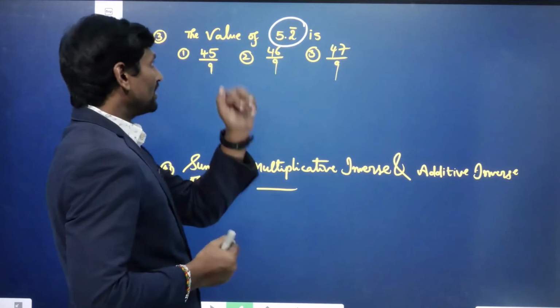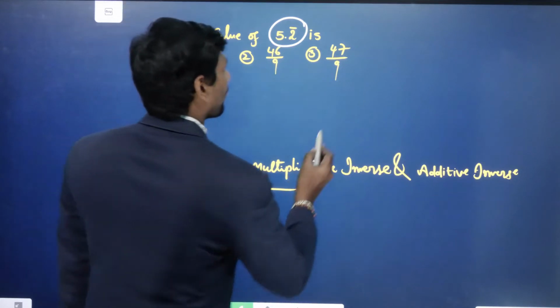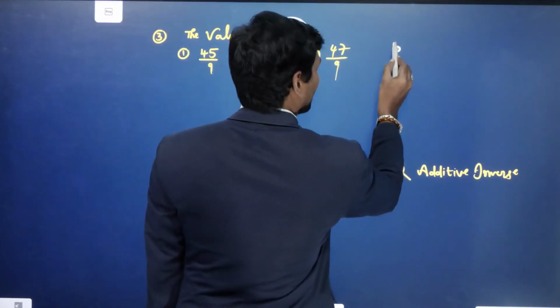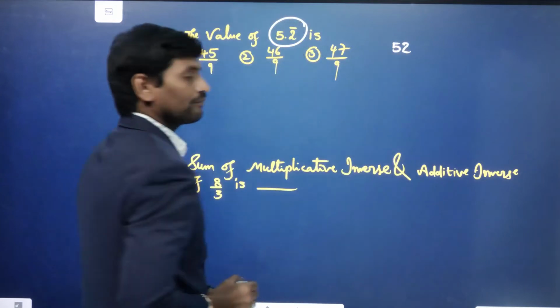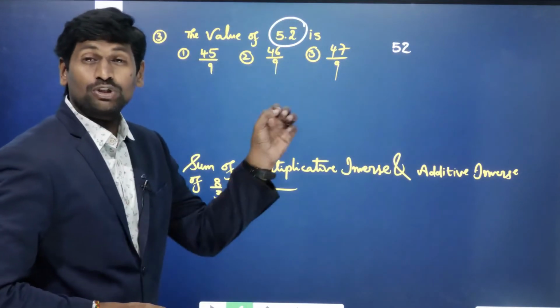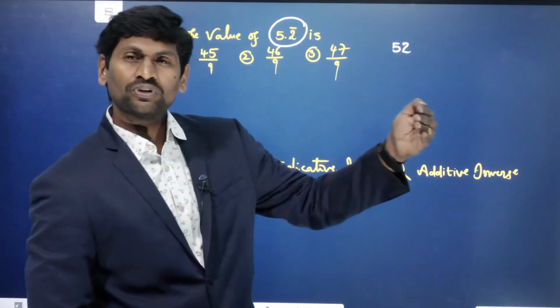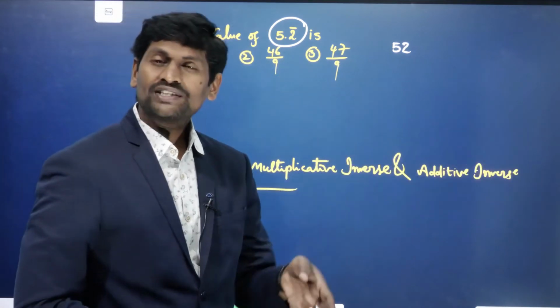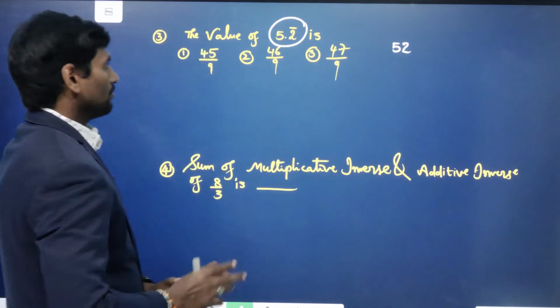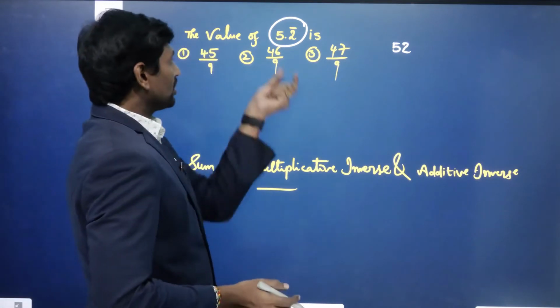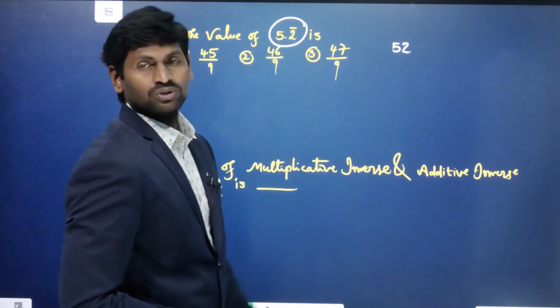So for this, without the decimal it is 52, and 2 is repeating. We have a general process like x is equal to 5.222, equation 1, periodicity, period and so on, but here it is not needed. So without the decimal it is 52